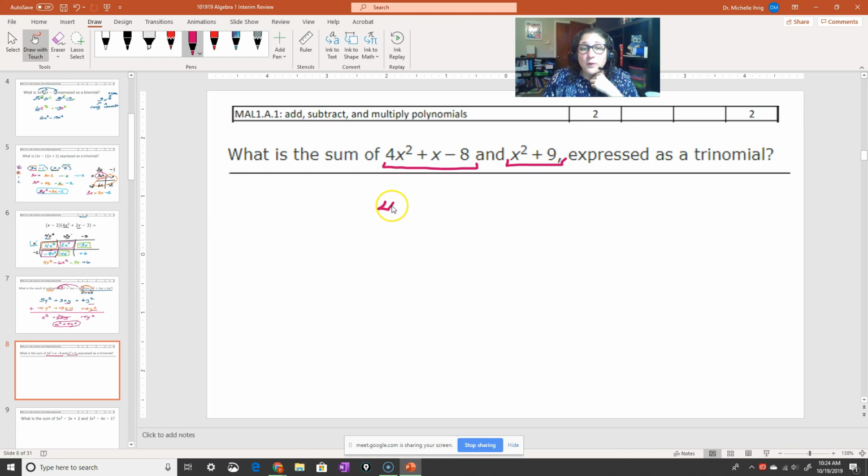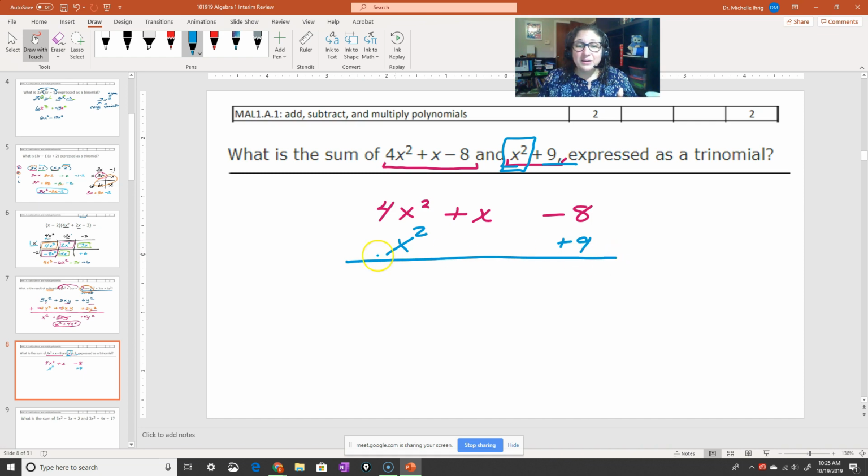So I'm going to write down 4x squared plus x minus 8. And the other thing that worked out really well is, look, this goes in order. It's in standard form, x squared. Then this is really x to the first, so it goes 2 is an exponent, then 1 is an exponent, and then there's no exponents because there's no x. So I have that, but here's where it's tricky. Here we have to pay attention to what this is. This just says x squared, and then it tells me 9. So I'm going to have to make sure I line up my x squared so that way it's all pretty and linear. I don't have anything that has x next to it, so I'm not going to write anything there. And then I have plus 9.